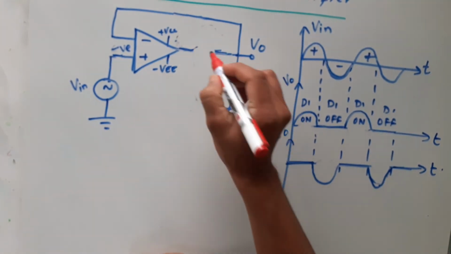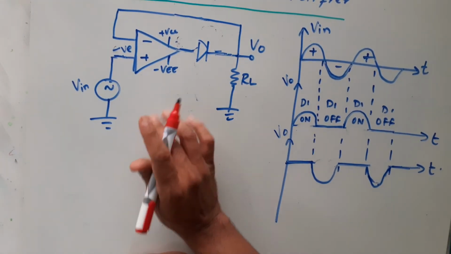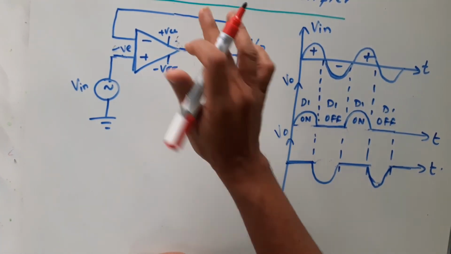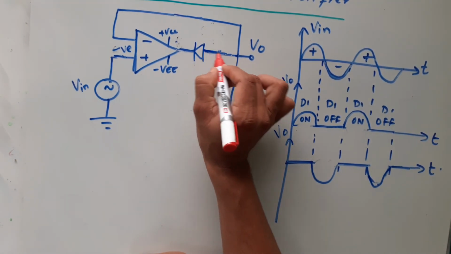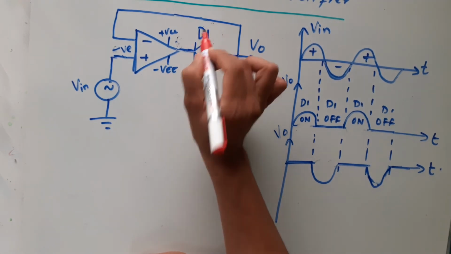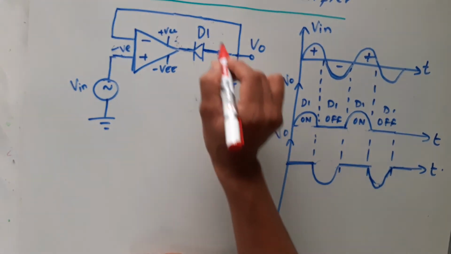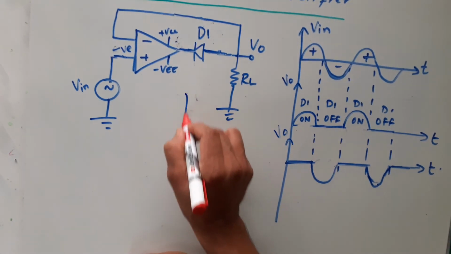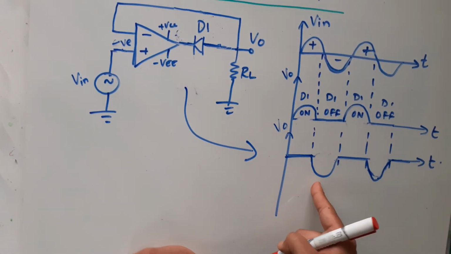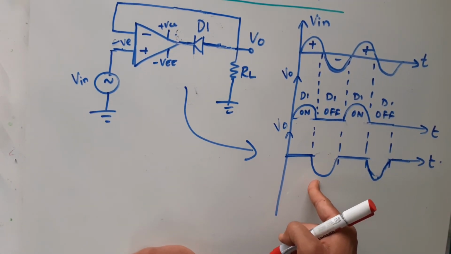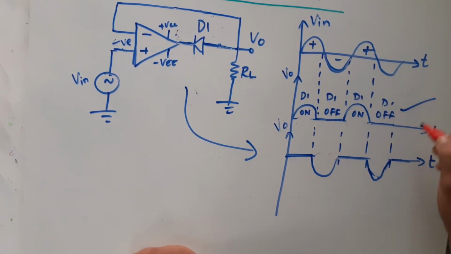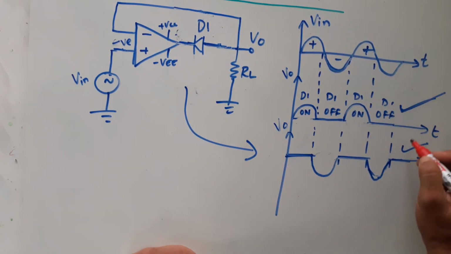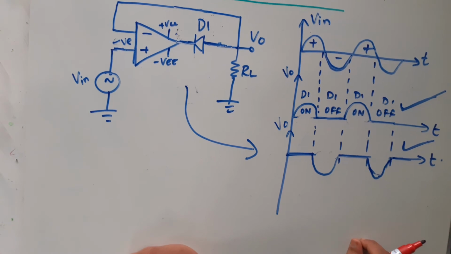See, the diode was connected like this, right? Now I will change its direction in such a way that the cathode comes here and the anode comes after that. This will be your D1 now. For this particular position of the diode, you will get this output. Okay? When we reverse connect our diode, this is the positive half cycle, this is the negative half cycle. Understood? This is giving you the positive half cycle, this is giving you the negative half cycle.